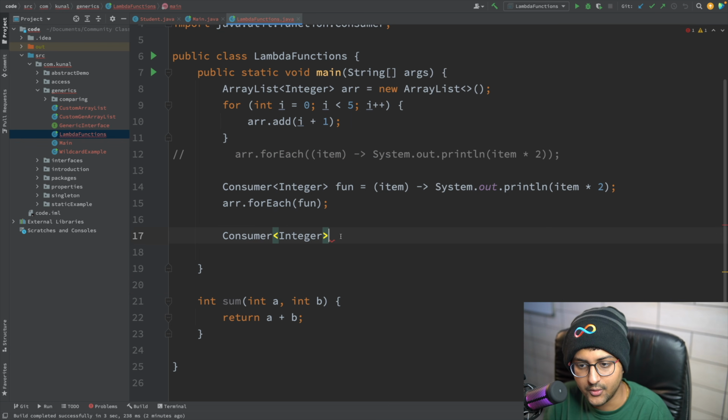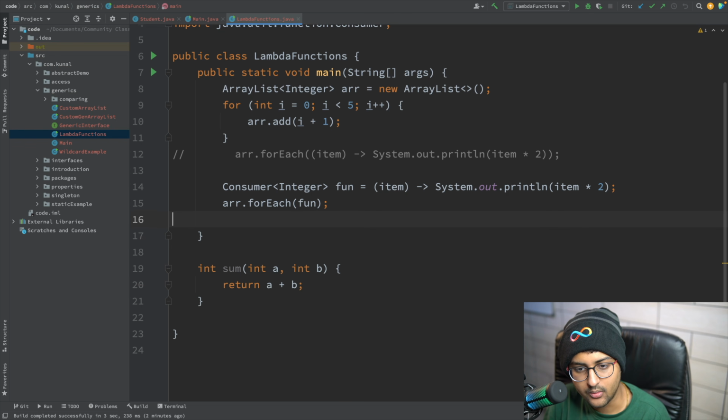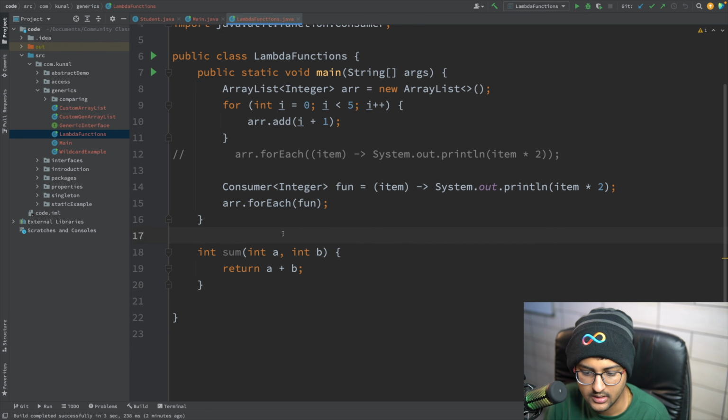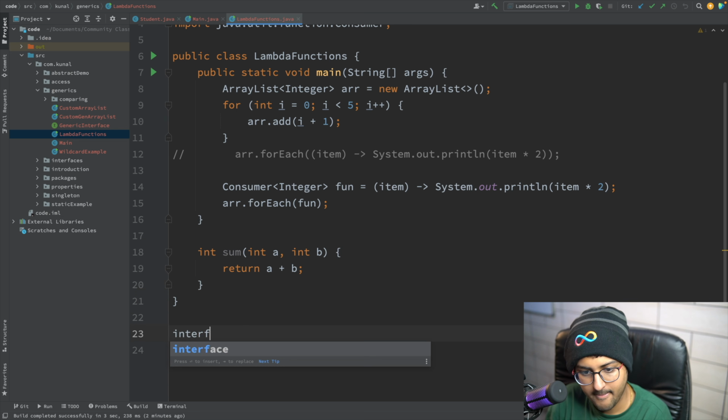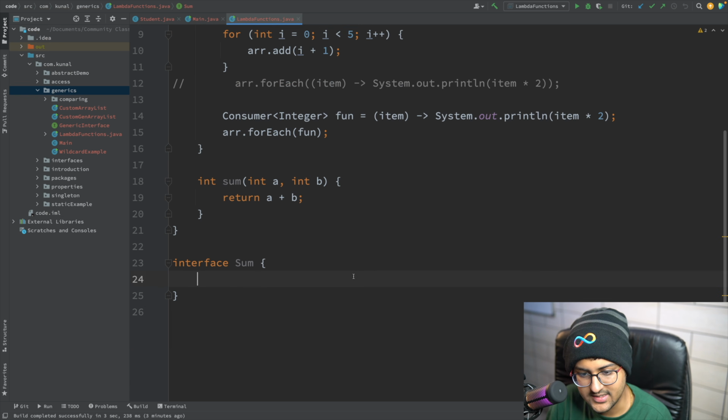Okay, so if you want to do something with multiple parameters, for example, then you can just create an interface for that, right? So you can say interface function sum or something like that. Okay, so here you'll basically have what? Int sum.